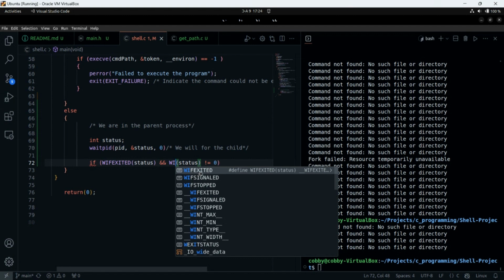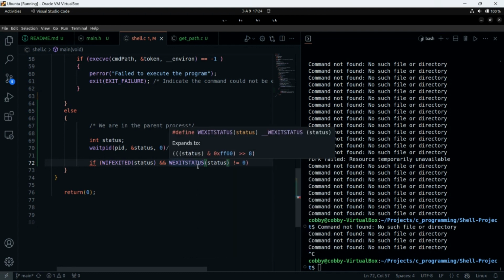We have exited, signaled, stopped. So if we exited with status, let me confirm. Yes, there is the exit status. So it's status, right? Okay, it was down there and I was finding it difficult to spell it. Thank you very much.